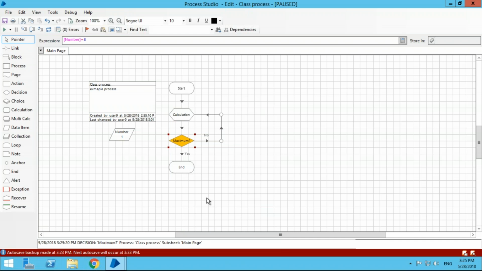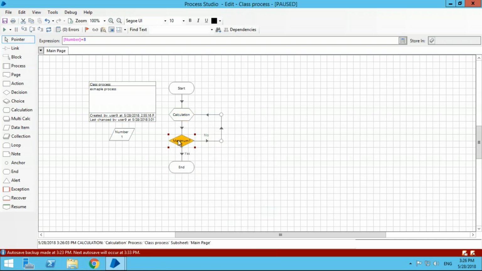Another good thing that you can choose is also run to this stage. So let's say I wanted to run really fast and I wanted to stop somewhere. I can run it slowly, and then I can pause it, because I wanted to pause it here. But if you run it really fast, good luck trying to pause at the right place. I got it right, but look at that. It ran like 7 times before I managed to pause it. So if you want to run it to there and you want to keep it fast, you just right click, run to this stage, and it will do that for you.